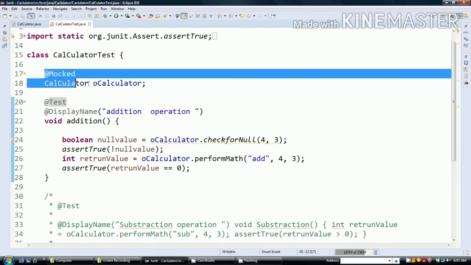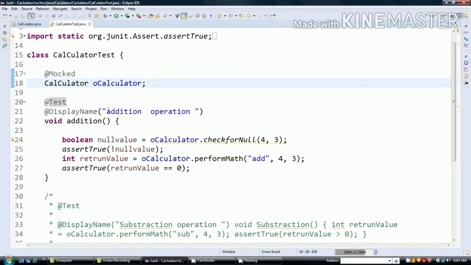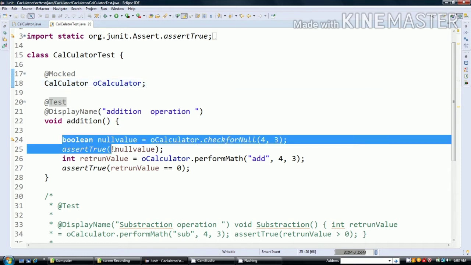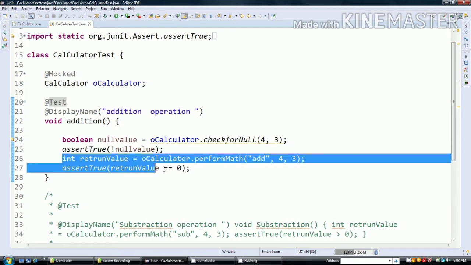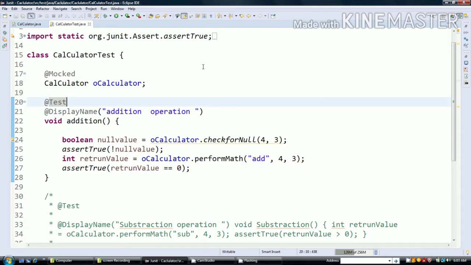I have mocked the calculator class, which we saw a few minutes back. Here you can see the check for null, where I added values 4 and 3 with a result of true. And if you see, I have added perform math. In the test case I am passing the values 4 and 3 as input parameters.